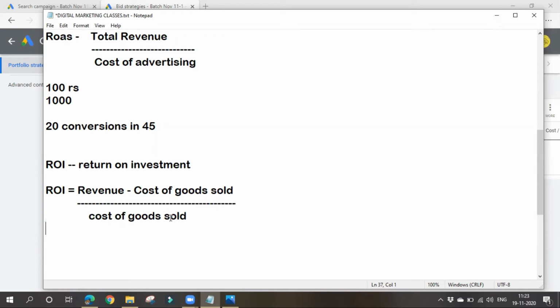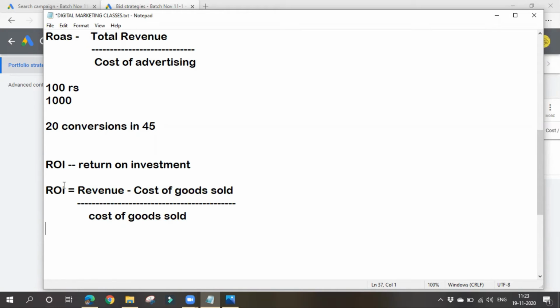So again I'm repeating, in case of ROAS, we'll be taking into account how much money we spent on advertising and how much money we made from the money we spent on these Google ads. That is the thing we take into consideration. In case of ROI, we take into consideration everything: how much we spent on manufacturing of goods, on the delivery, on maintaining all those things.